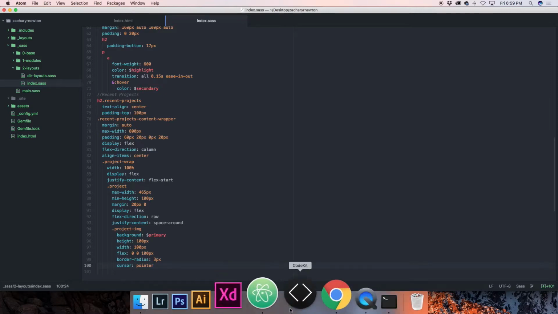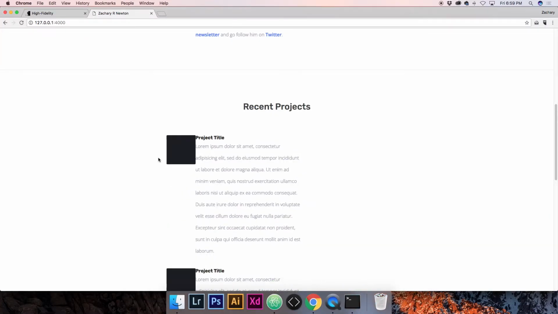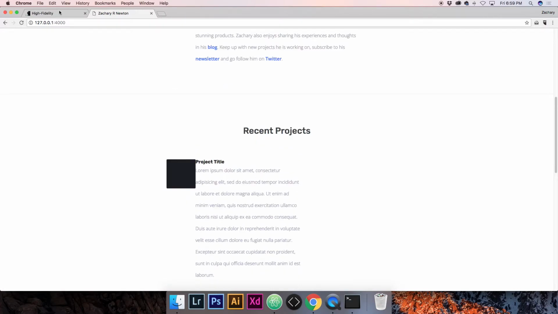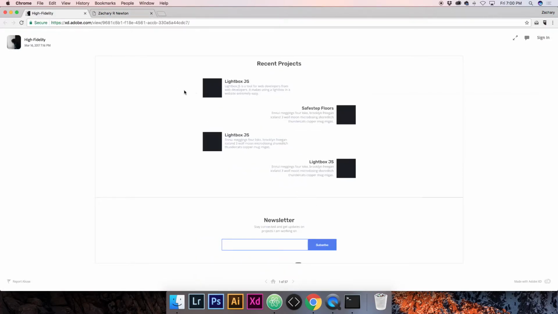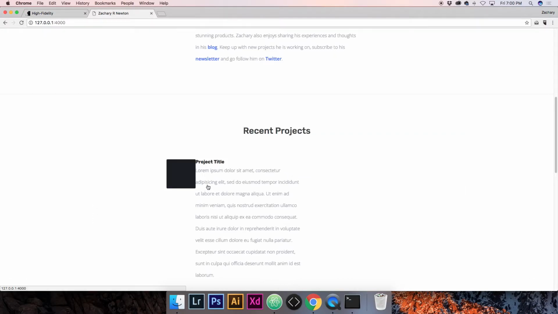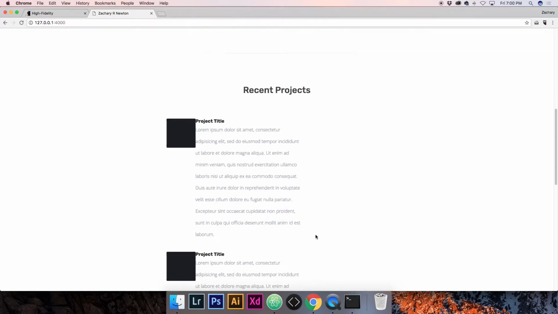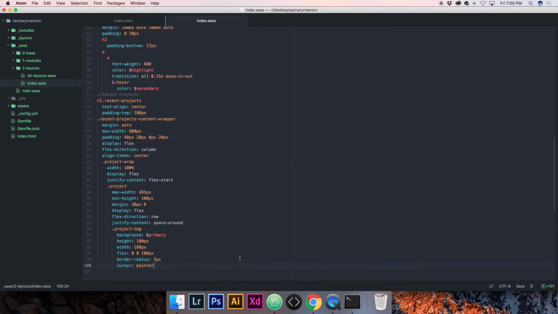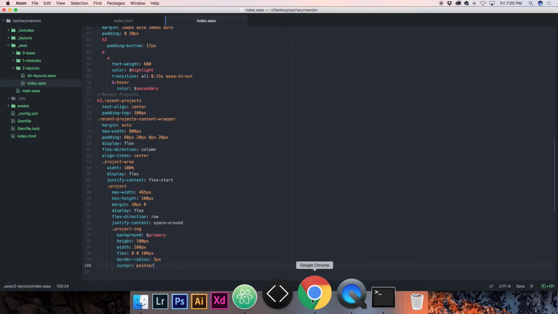So go ahead and save that, and now we should see a little square right there. There's our square. Now you can see it's kind of getting to this. I know this doesn't have rounded edges, but I made that decision after I lost my design file, so that's kind of caked into that design. Anyways, we are going to